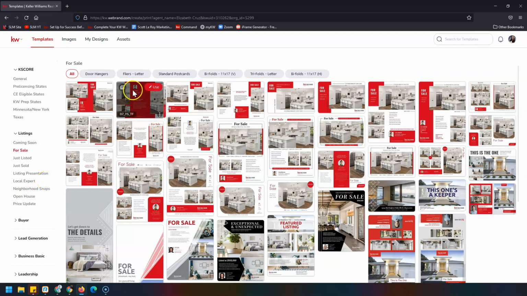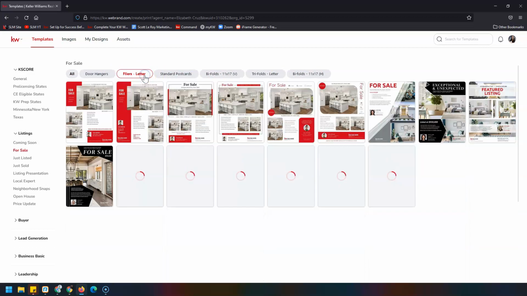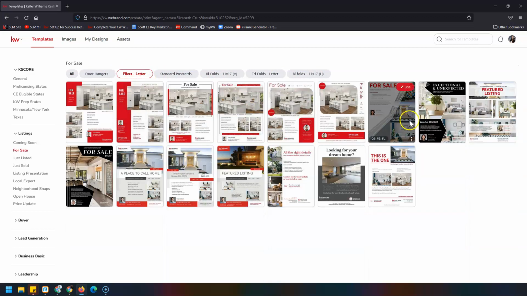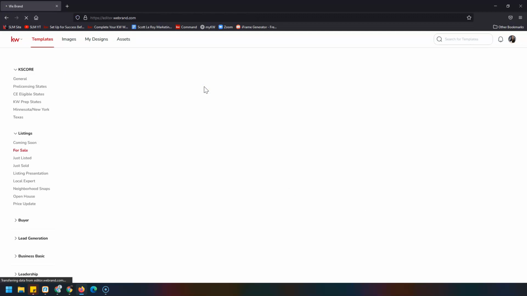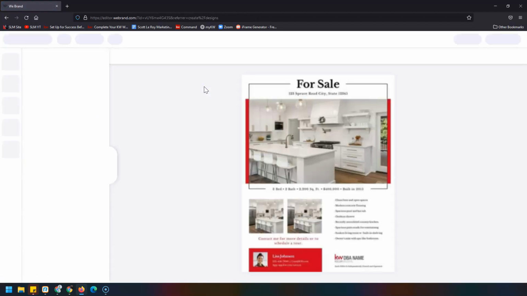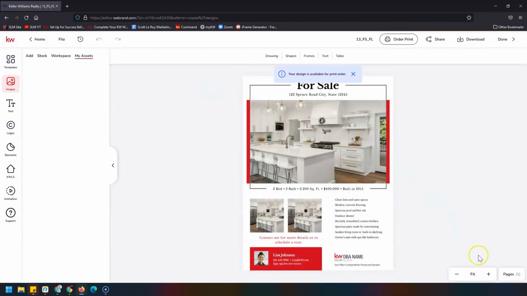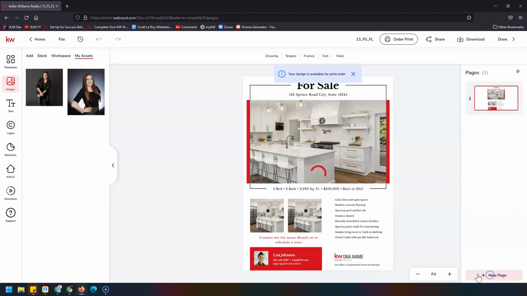Now, since we are doing a flyer, you'll see the different types along the top, and I'm going to select Flyers Letter to narrow down the designs that are available. Once you choose your design, you can hover over it and click the red Use button. And once that's all loaded,